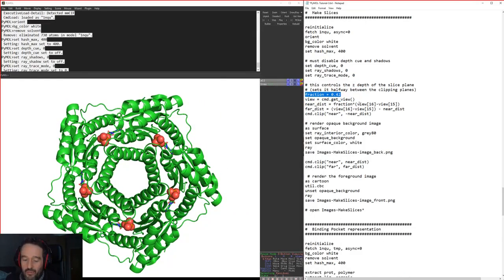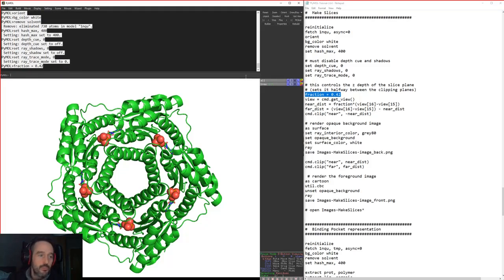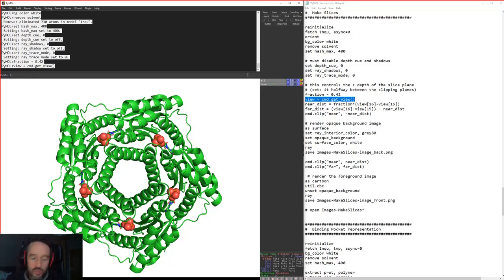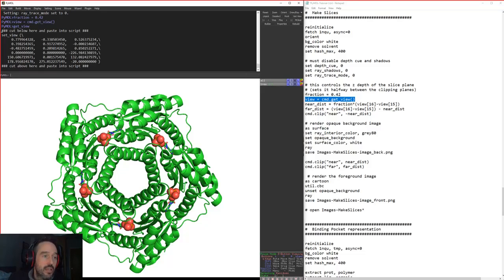Now this section here is a bit of Python coding really. So this is just making a variable. We're going to create a variable called fraction, which we're going to set at 0.2. We're going to create another variable here called view, which is going to be the command called getView, and I showed you the getView command before. If we get view, you can see that the getView here is a matrix of various different numbers.